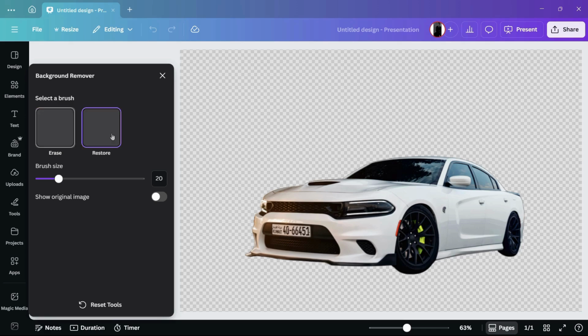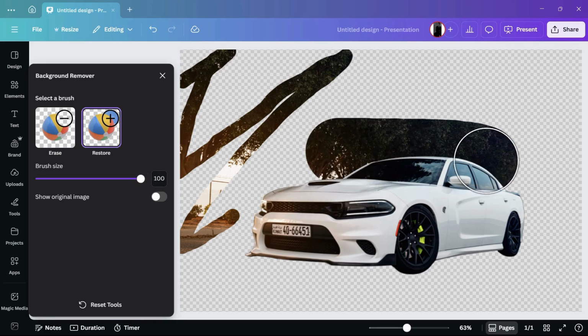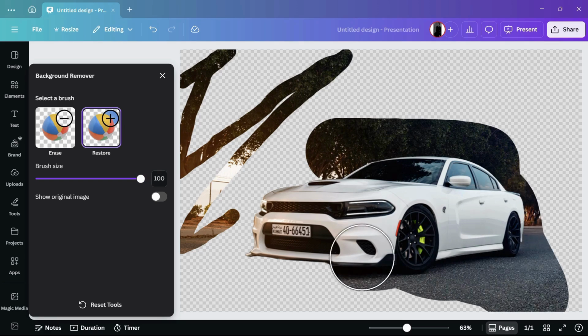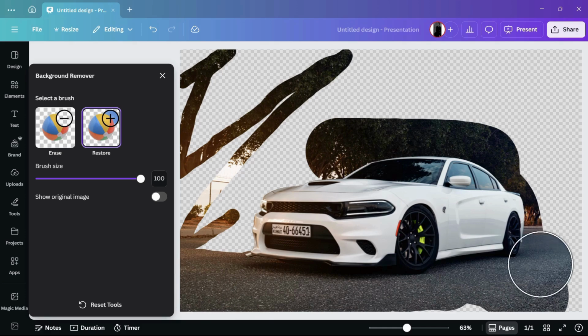So simply click onto this restore button and it will give you this circular brush, using which you can easily recover the background. Drag along it. Like this, you can see that the background is being recovered. Also, if you want to increase the brush size, you can simply drag it towards the right, and here you can see that the brush size has been increased,